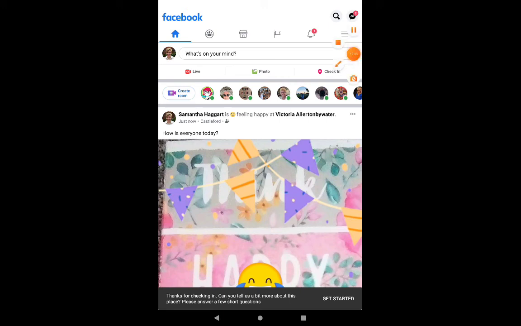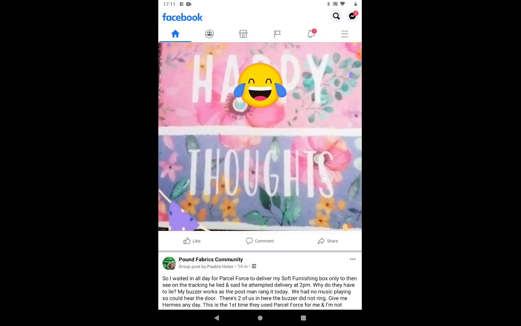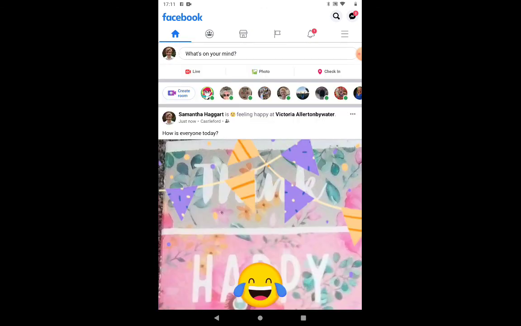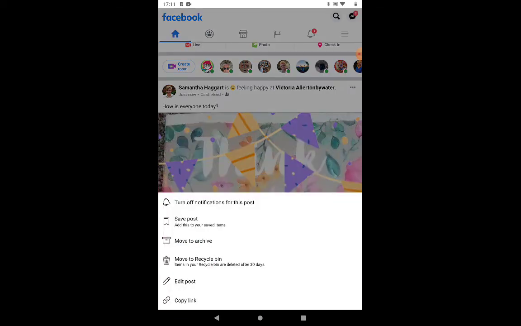On here, here's my post. It's saying I've posted it just now, and this obviously is the photo, and that I'm checking in. But because I don't really want this random test post on my newsfeed, if I tap on the three dots there, this is where you can delete a post that you've, let's have a look, that you've posted in error.